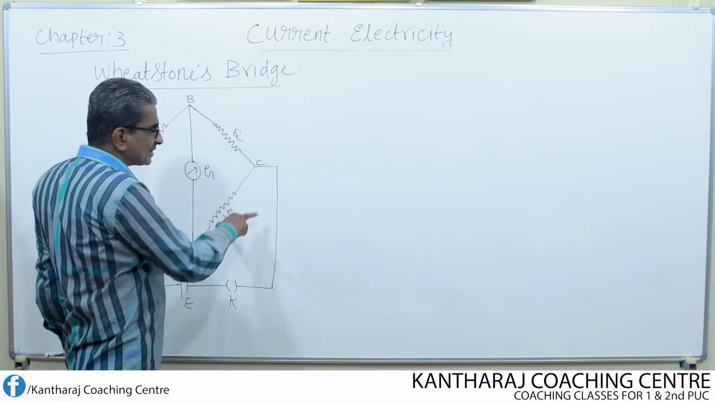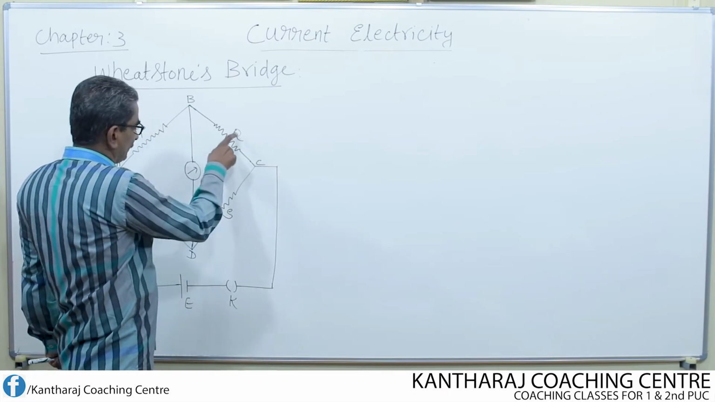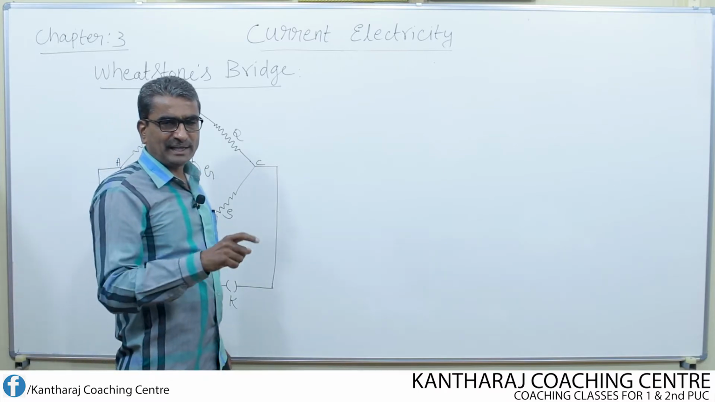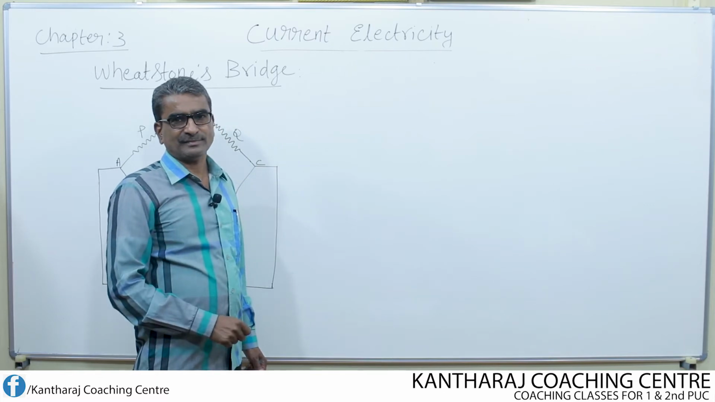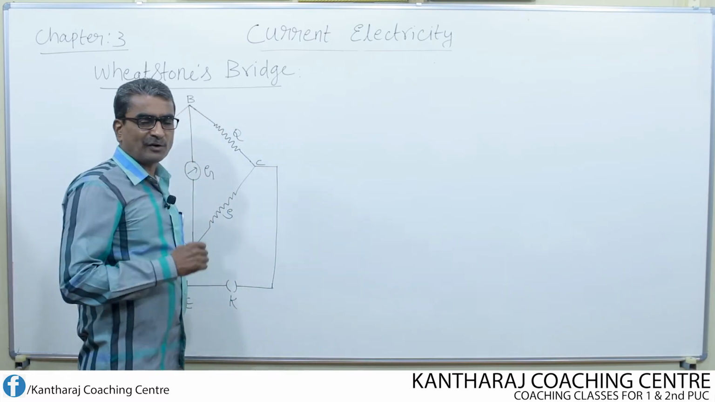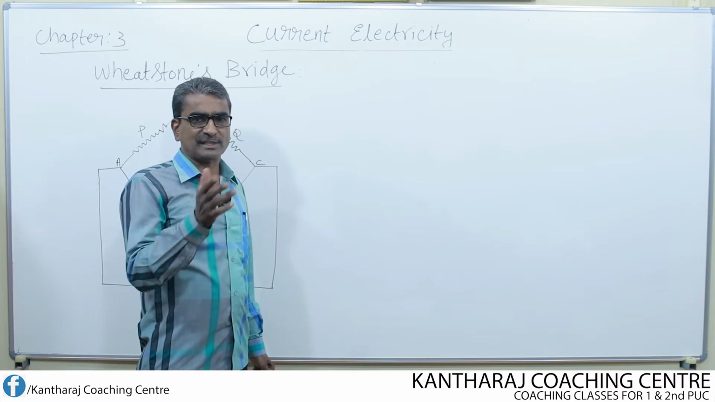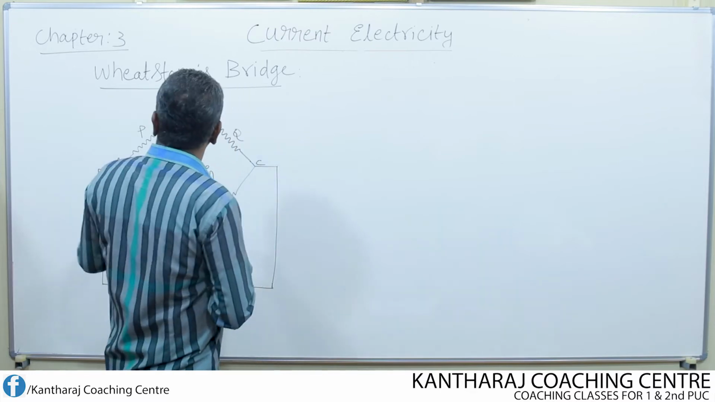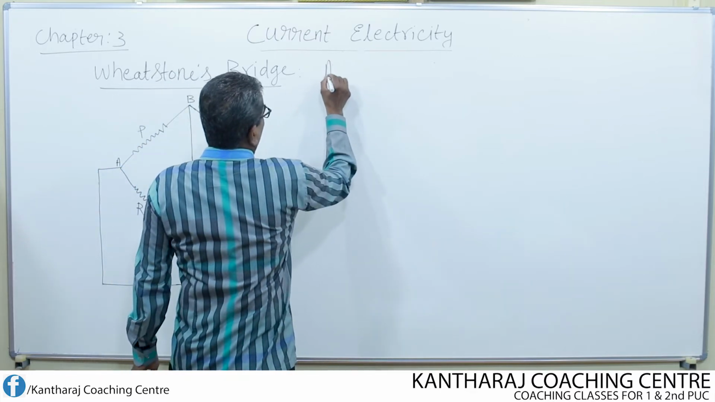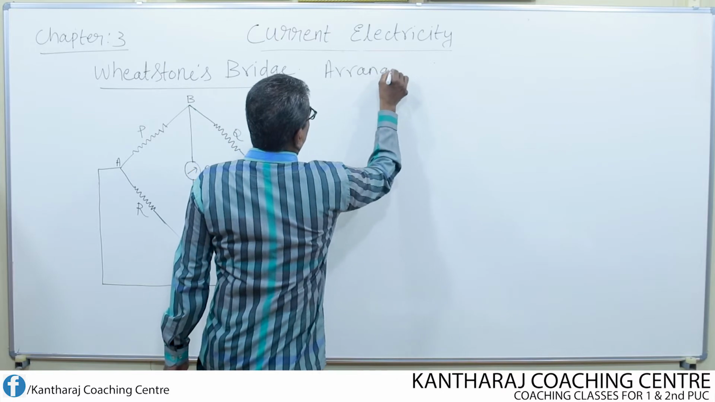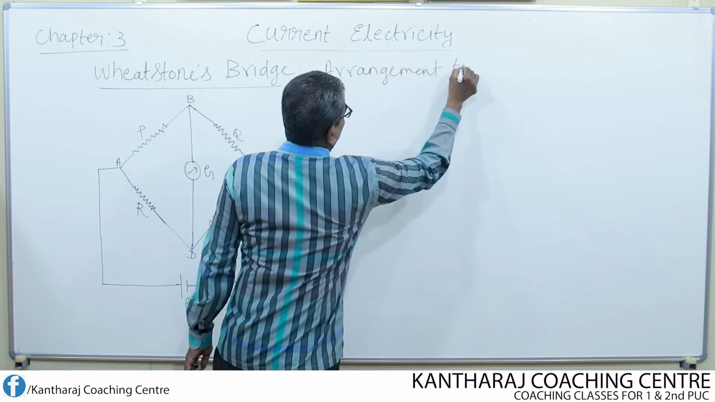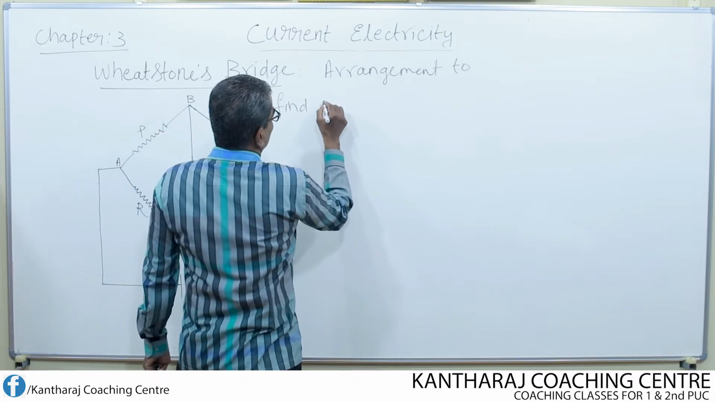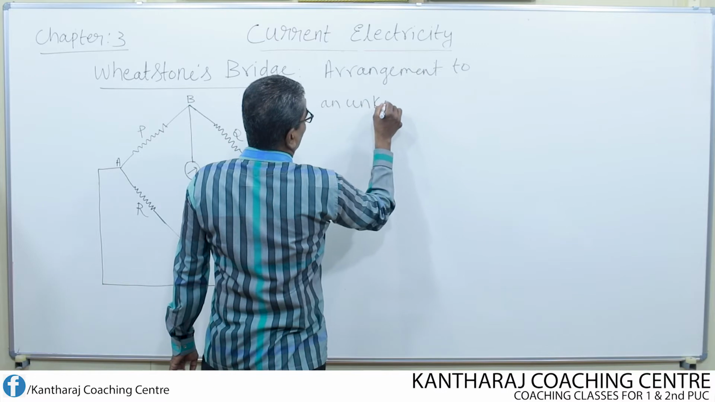Here we have 4 resistances, P, Q, R and S. Out of the 4, we can find any one of the resistances by making use of Kirchhoff's laws. That means Kirchhoff's voltage law and also Kirchhoff's current law. So that is why we write this as an arrangement to find or to determine an unknown resistance